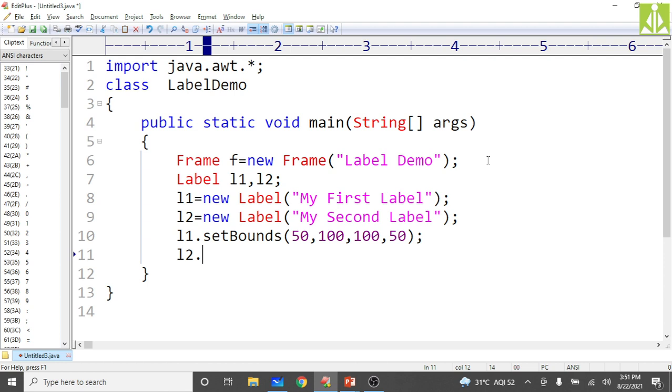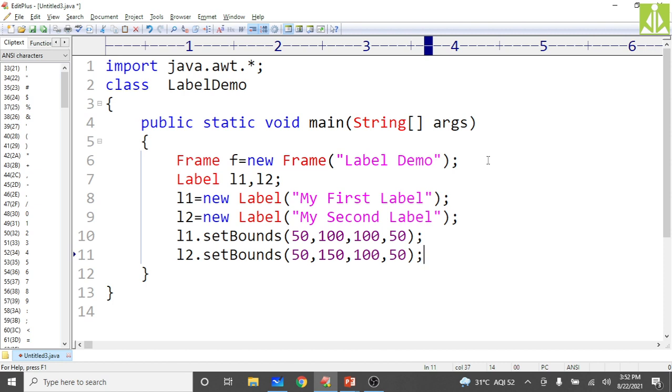So what I will do, from the top I will increase the coordinates so that the label will be printed in a separate location. I'm just slightly changing, 50 comma 150. So the second coordinate I'm changing, then 100, then give the last coordinate also like 50 or something. You can change the coordinates after seeing the output.